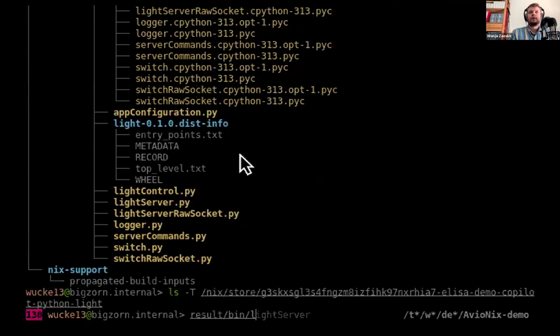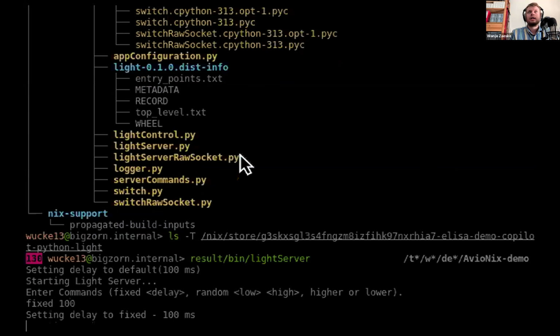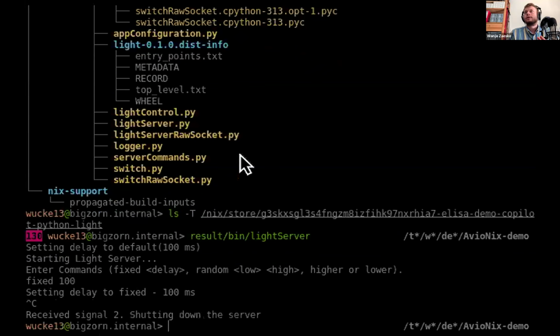So I'm going to run the Lite server here, then we have the Lite server. We don't really need to know what this is. This is part of an ongoing effort to build a demonstration application that simulates a light switch that is remote controlled. So a very, very simple demo application. All that we need to know is we can run this, and we are presented with a REPL where you can enter commands like changing a delay for light switching and increasing the delay, etc. Okay, so this was the first thing.